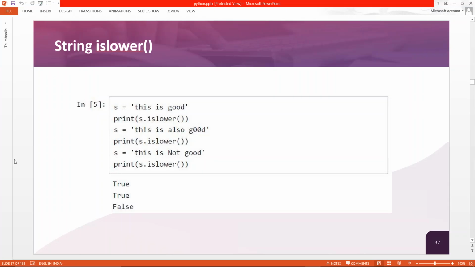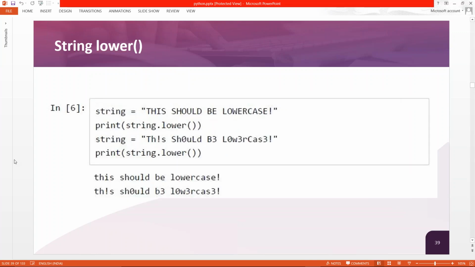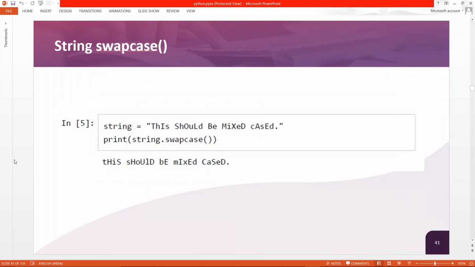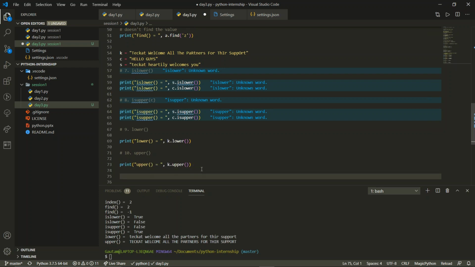Okay. So I told you all the things. This is lower, now this is upper. It will be checking whether it is upper or lower. Now it is lower: it will convert the entire string to lowercase, and this is upper: it will convert it to uppercase. And now we have swap case. Now what is swap case? Swap case is a function where if it is capital, it will switch it to small, and if it is small, it will switch it back to capital. So over here we'll use swap case.